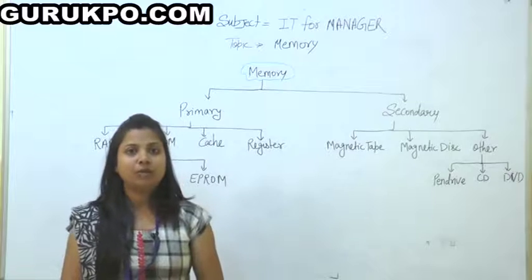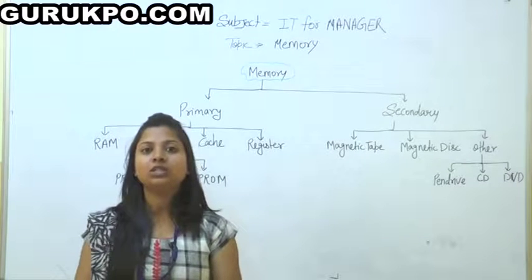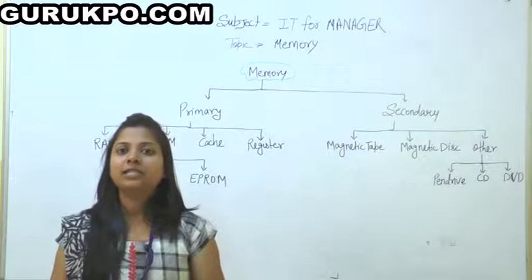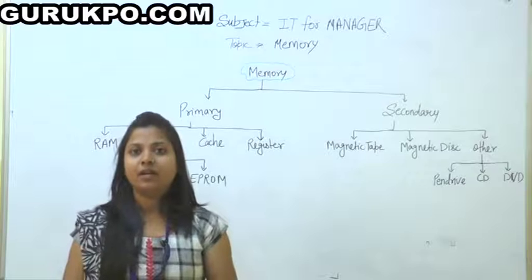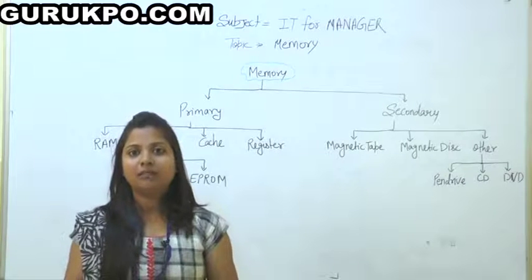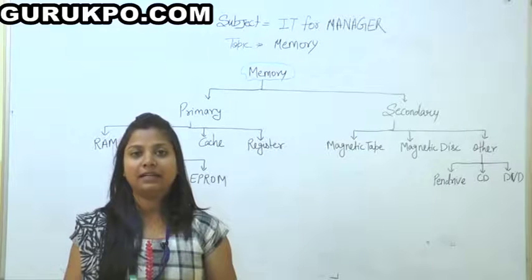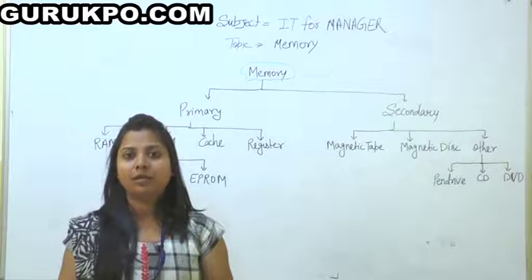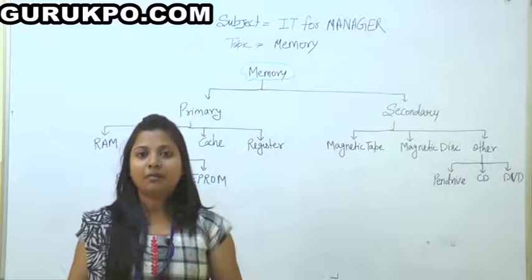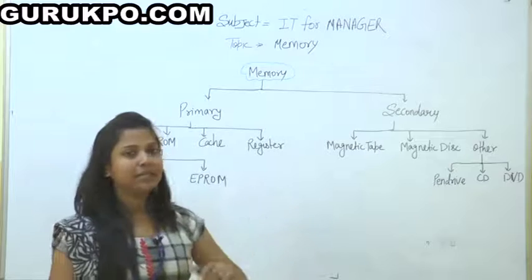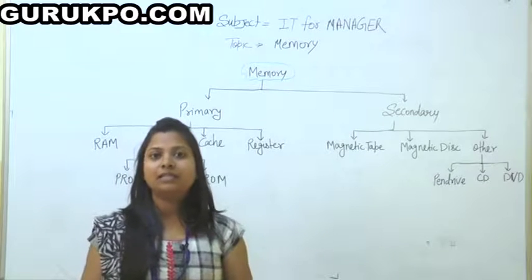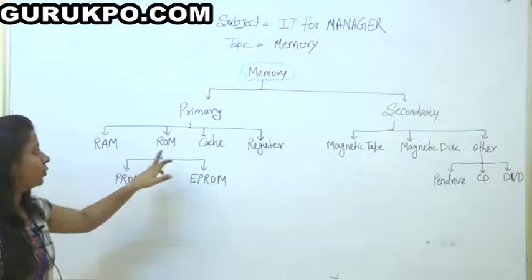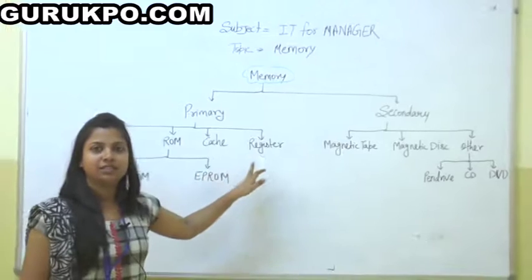Generally we execute programs, and at running time of a program we store instructions, and sometimes we need to store data. If we are running a program, then the instructions that are currently executing will be stored in the main memory, that is the primary memory, and if we want to store data on a permanent basis, then it will be stored in the secondary memory. Now primary memory is again divided into four parts, that is RAM, ROM, cache memory and registers.